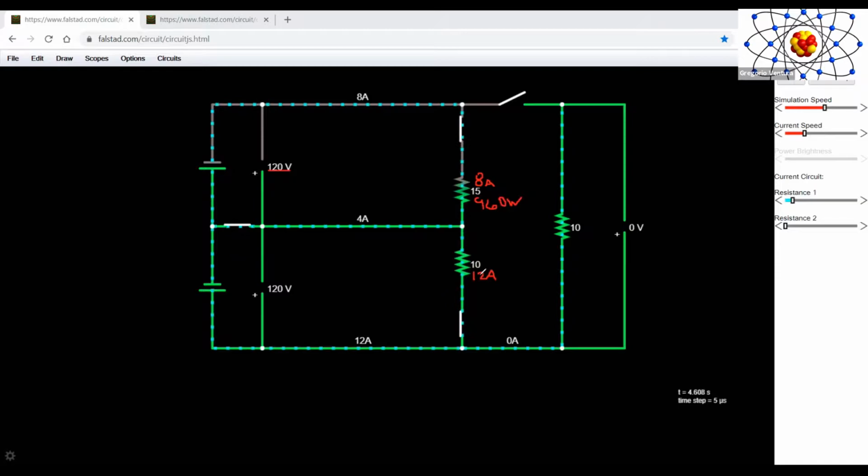While the power output on this one is going to be equal to 1440, 1.4 kilowatts, but I'm just going to write it down as 1440 watts. Okay, so that's the watt output for both. Now, if we lose the neutral,